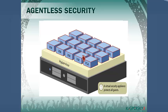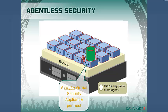Number one of them is Agentless Security. It uses vShield API from VMware. Basically, it takes a virtual security appliance. It's a pre-configured virtual machine that you can download from our servers. It takes very little configuration, basically putting in credentials and just hooking it up with Security Center by Kaspersky and vCenter. I myself saw a system engineer setting this up in under 40 minutes. So it stores a single database of the definitions, and